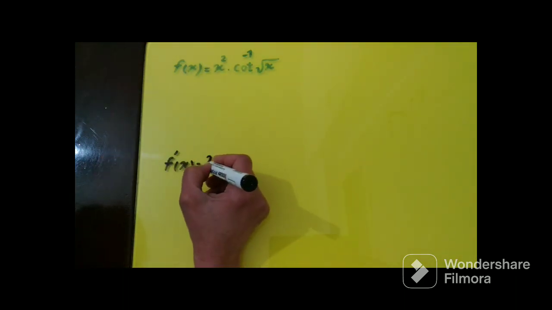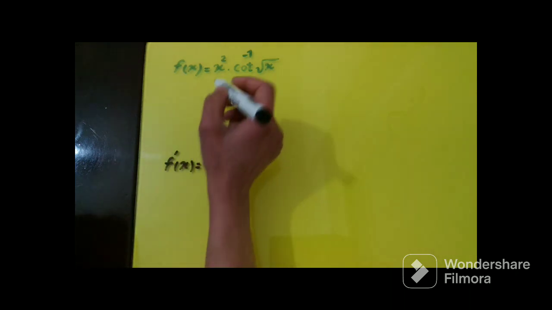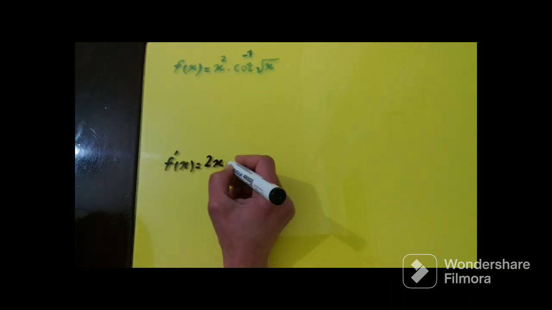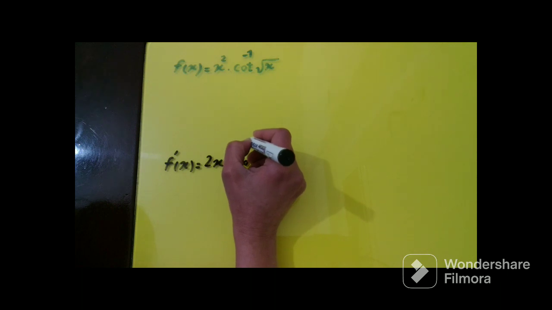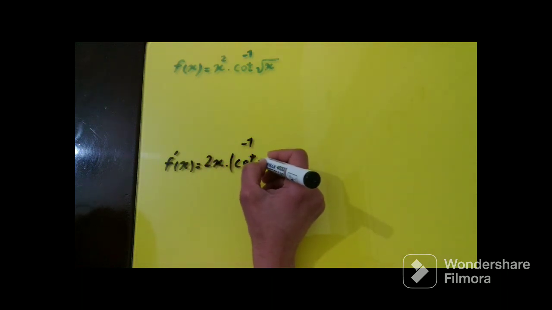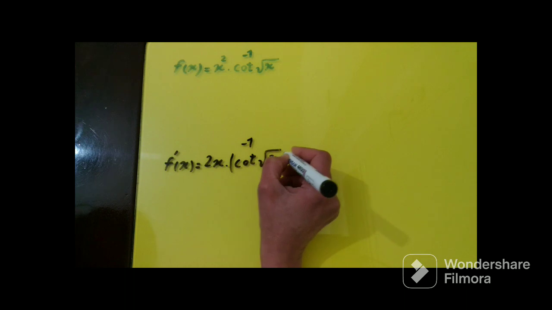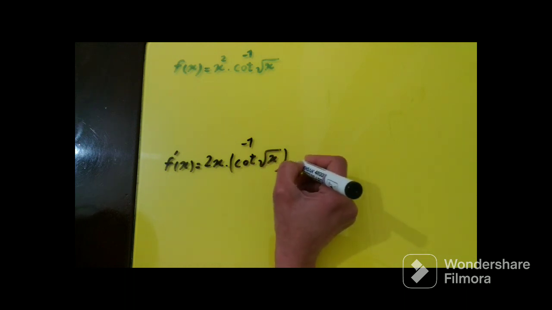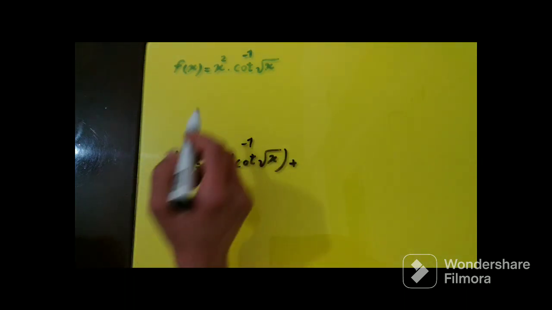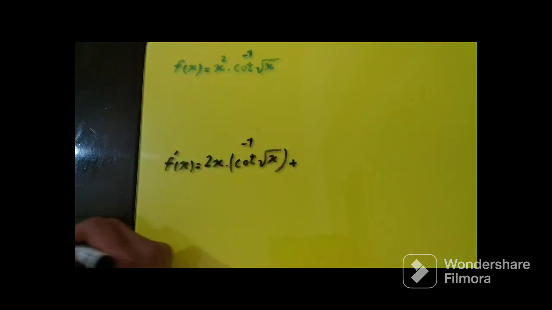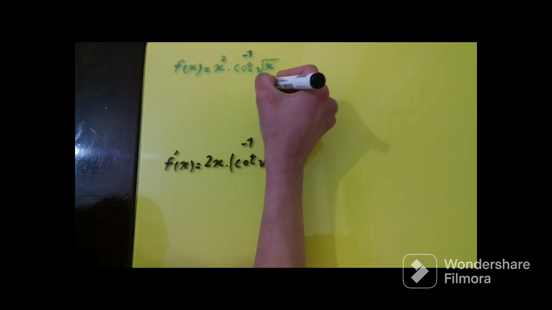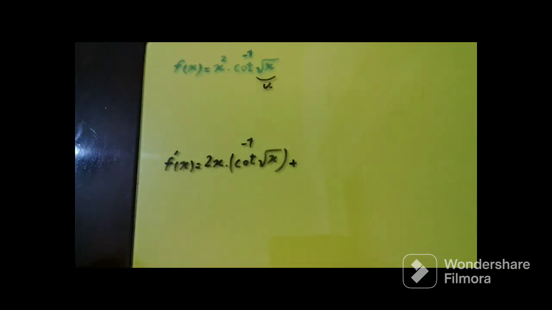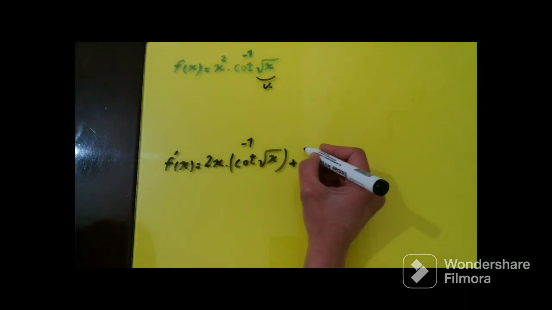It's 2x times this term, inverse cotangent square root of x, plus, no, you should get the derivative of this term. For getting the derivative of this term, it's u. So according to the formula,